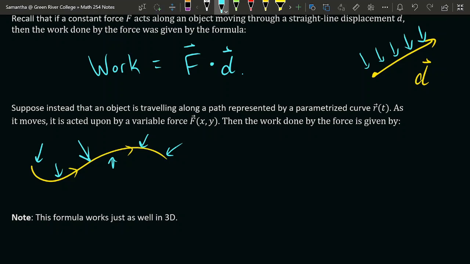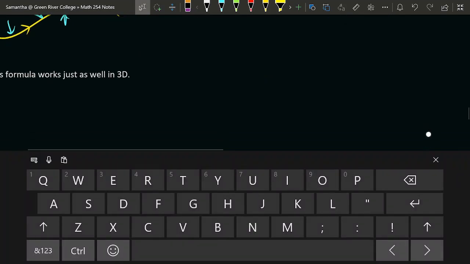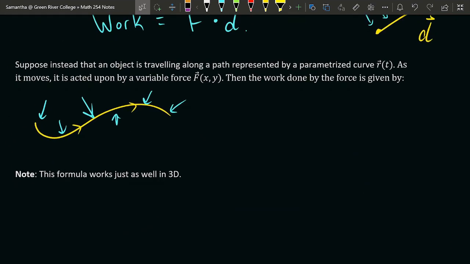If you're in a situation like that, where the force can vary, and/or the object is not moving in a straight line, in that situation, to calculate the work done, you would also use a line